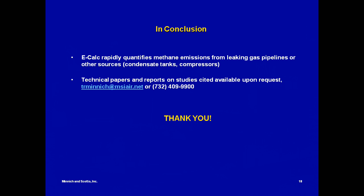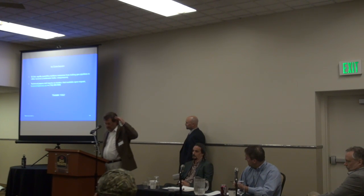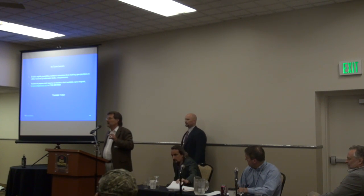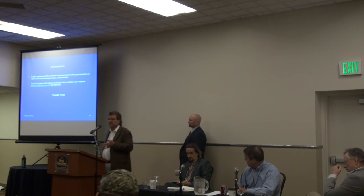And so, in conclusion, E-Calc rapidly quantifies methane emissions from leaking gas pipelines or other sources. Now, everything we've heard today, we heard about top-down views to find the location generally of leaks. We heard about the vehicles that come out there and actually locate the actual leaks. And if you don't need to quantify the emissions, you can stop there. It's perfect. But if you do, you can just immediately go to the site and you can set this up